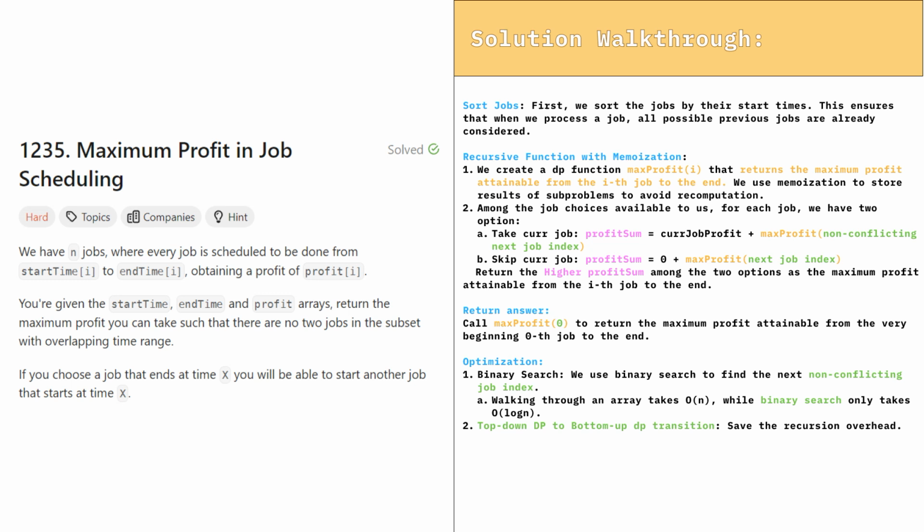We will use binary search to find the next non-conflicting job index because if we find the next non-conflicting job index by walking through the array, this action will actually take O(n) time, while binary search only takes O(log n) time. The second optimization we can make is to